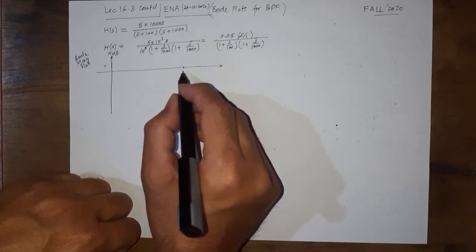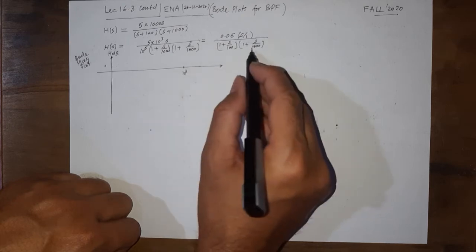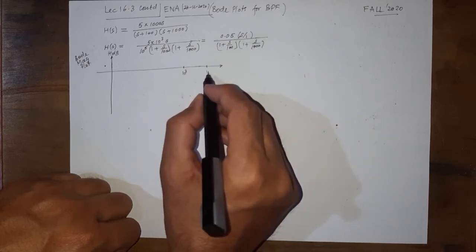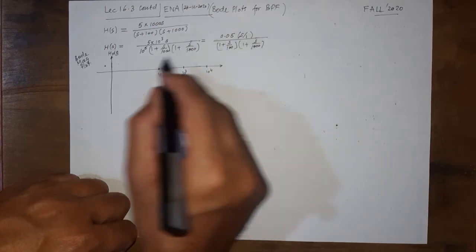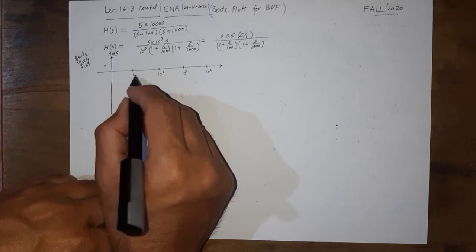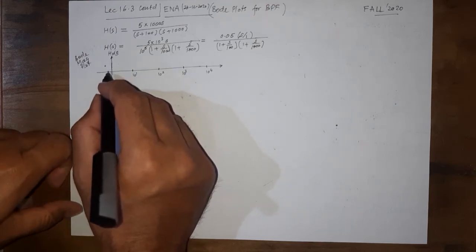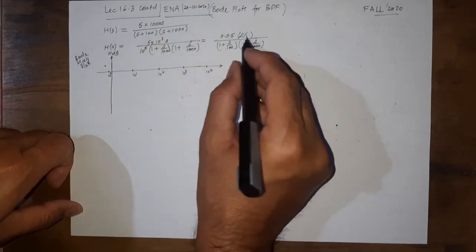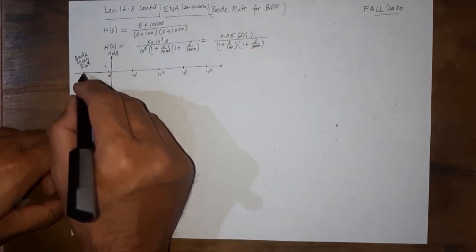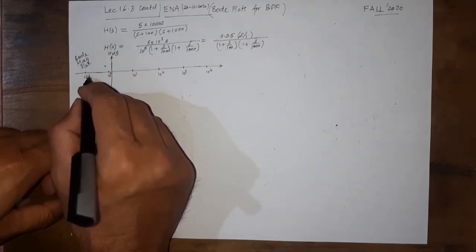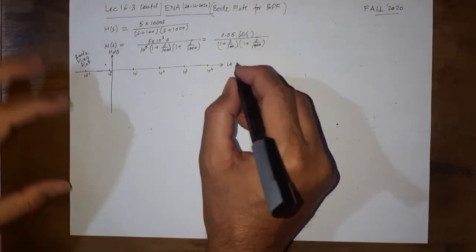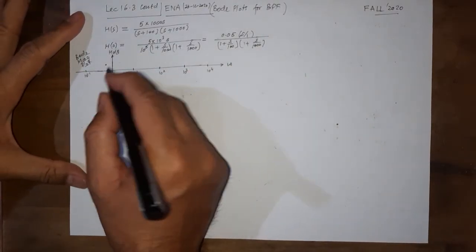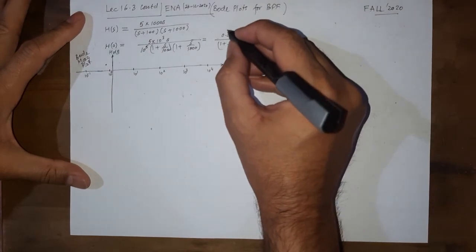So let us say this is 10 raised to the power 3, corresponding to this one. 10 times less, 10 raised to power 2, this one, 10 times less, 10 raised to power 1, 10 times less, 10 raised to the power 0, which corresponds to this, and 10 times less, 10 raised to the power minus 1, and so on each side. And the scale here, we will later see based on what we are to deal with.